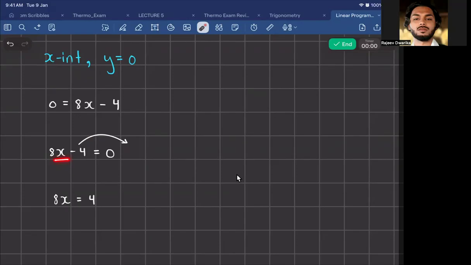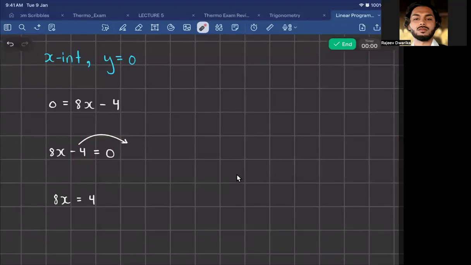If we want to find for x, isn't x a variable? Because we don't know where x is, right? X could be anything. It's a variable. What do you think minus 4 is? Is minus 4 a variable or is it a constant? It's a constant. A constant shouldn't be on the left-hand side. So we need to move that